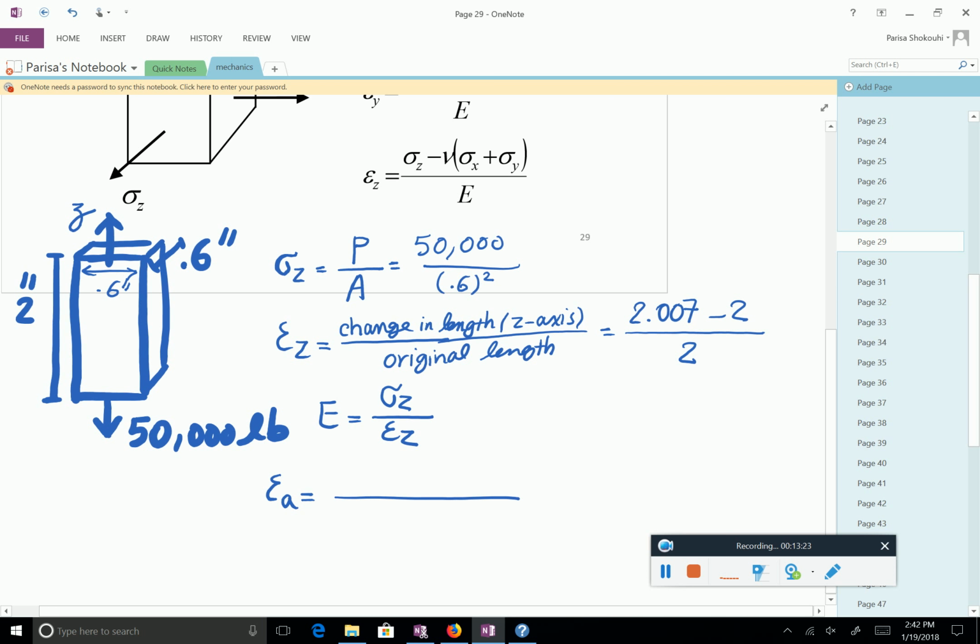So look, to find Poisson's ratio, the definition that we have is the ratio between lateral and axial strain. So we need to get lateral strain. And in this case, we either call it X or Y, doesn't matter. So it would be change in width over the original width. I mean, you can call it something else. It's like a side length or whatever. But what I mean is one of these two sides. And then you can get lateral strain